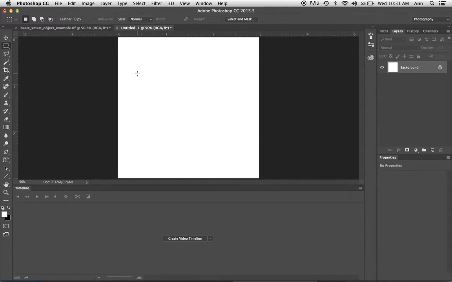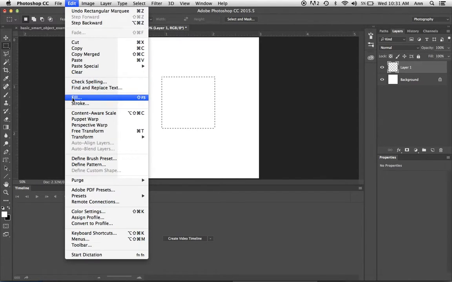In this video, we're going to do an introduction to very basic use of animation in Photoshop. You're going to create a new document, 3 inches by 3 inches by 300 resolution. Over here in the Layers palette, we're going to create a new empty layer, and you're going to use the Marquee tool to create a square. I'm going to press and drag, and then fill it with black.